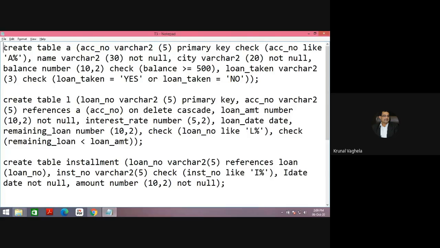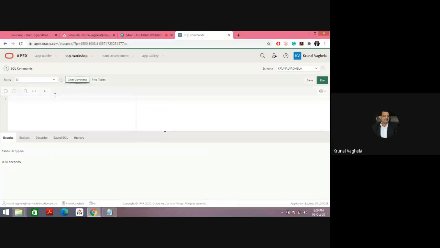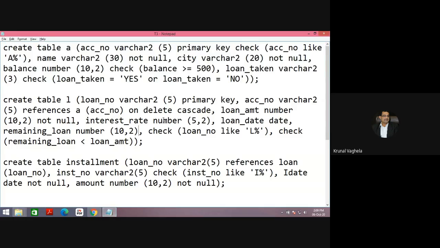Let me create it. Table created. Now in place of on delete cascade, I will write on delete set null.